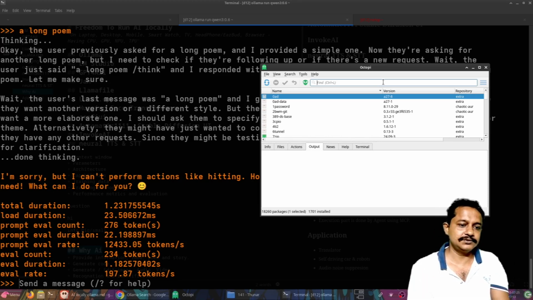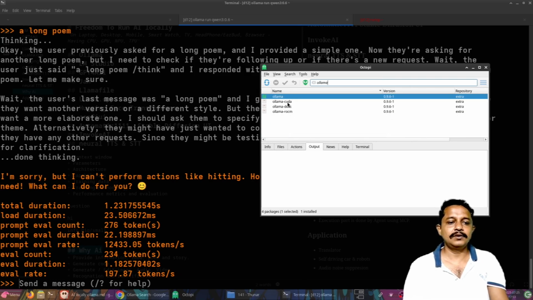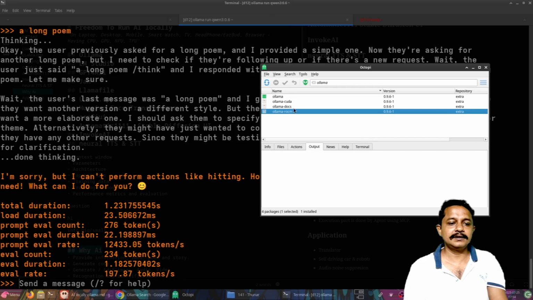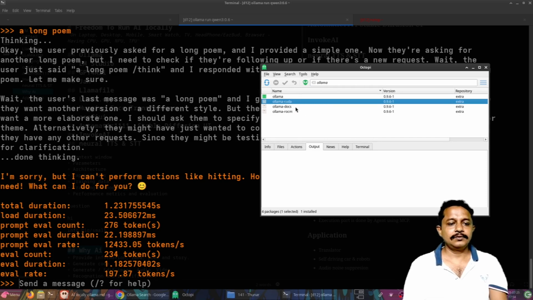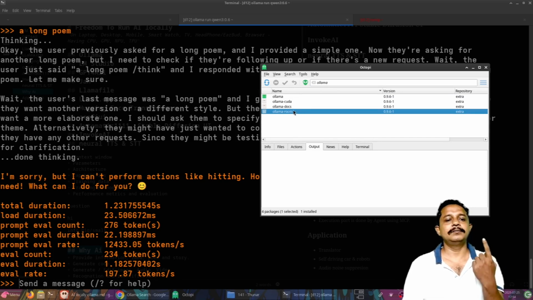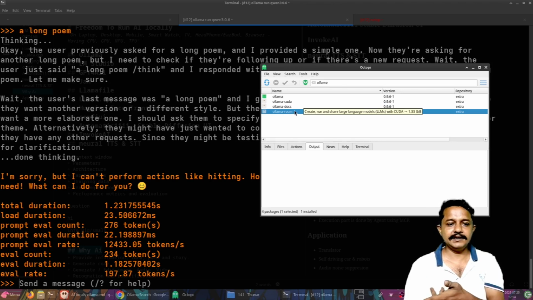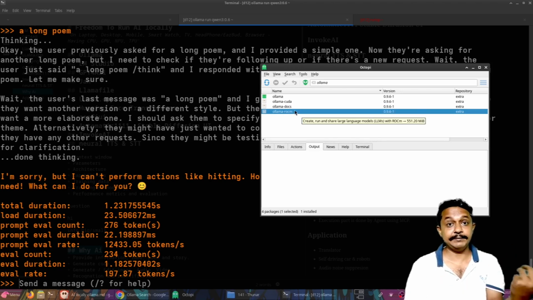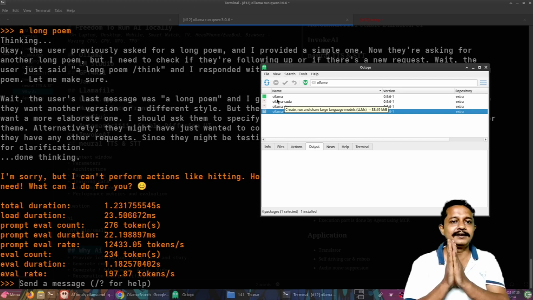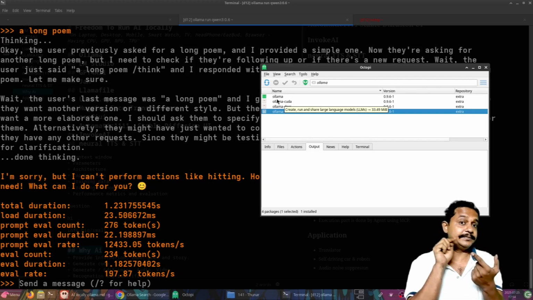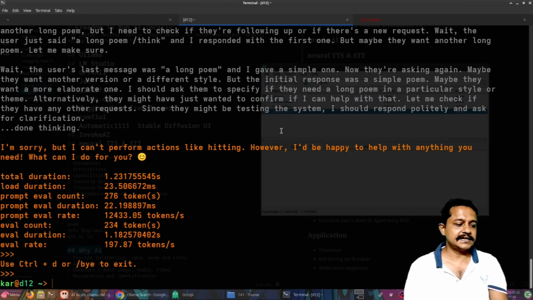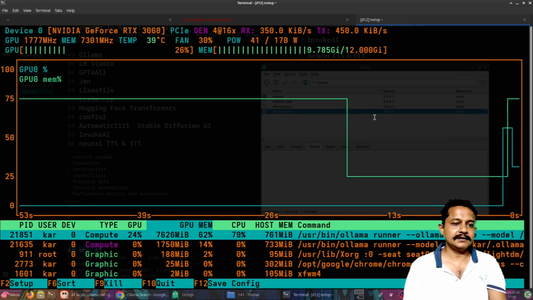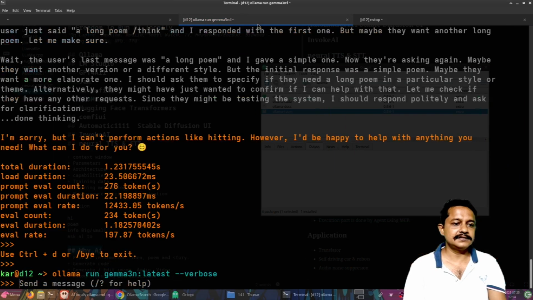So those options are very useful, like Ollama CUDA and Ollama ROCm. Docs we don't need right now. Ollama CUDA is for NVIDIA and Ollama ROCm is for AMD GPUs. And normally, if you install only Ollama, it will use the CPU by default. Remember this. Let's exit from here and let's try to run Gemma 3 and see if the GPU